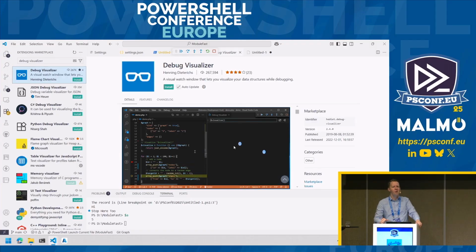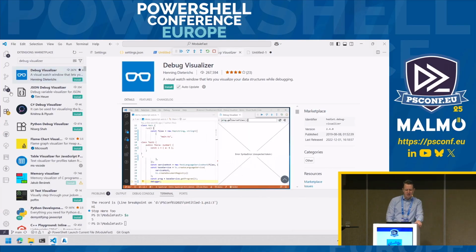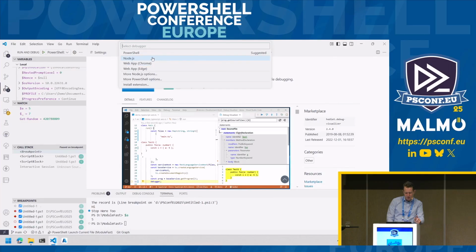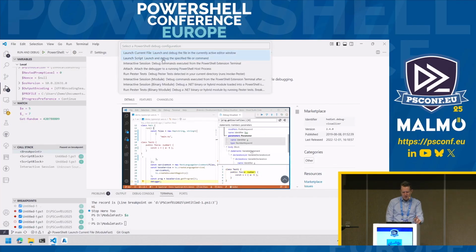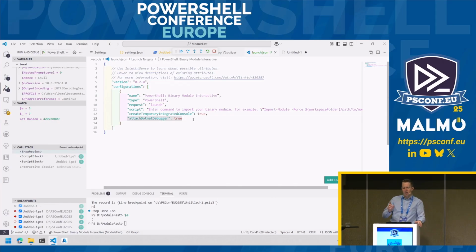Yeah. Question: can you set breakpoints on the .NET functions, the same as you would in Visual Studio, alongside the PowerShell ones? So the question is, can you set C# breakpoints right next to PowerShell ones in the PowerShell debugger? And the answer is, thanks to me, yes, you can. I merged a change this year that's in these options you have for the launch profiles. See these ones for binary module? There's this new option here for attach .NET debugger, that if you run this in the temporary console,